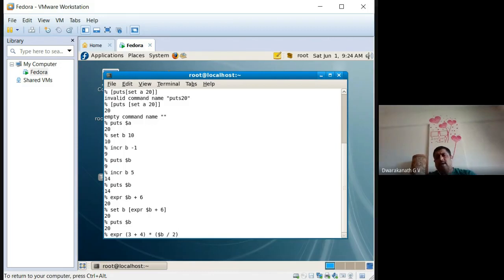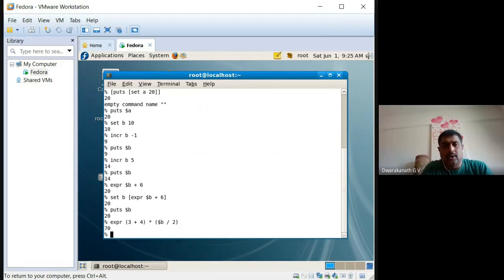You can build any big arithmetic expression like this using brackets and arithmetic operators. 3 plus 4 will be taken first, and then $B by 2, that is 20 by 2, it is 10. Sorry, 7 into 10, that will be the value 70.